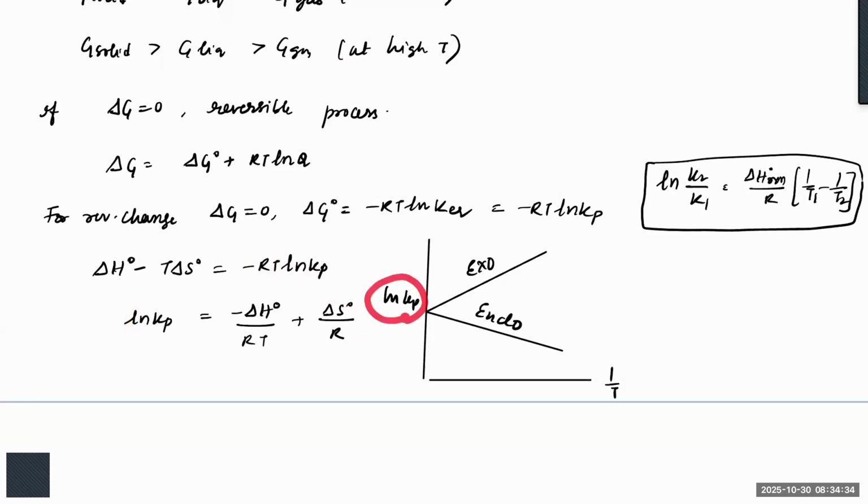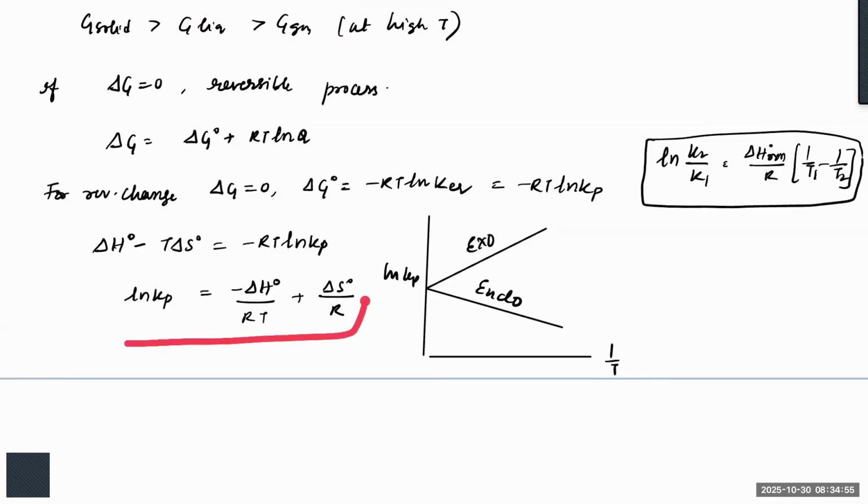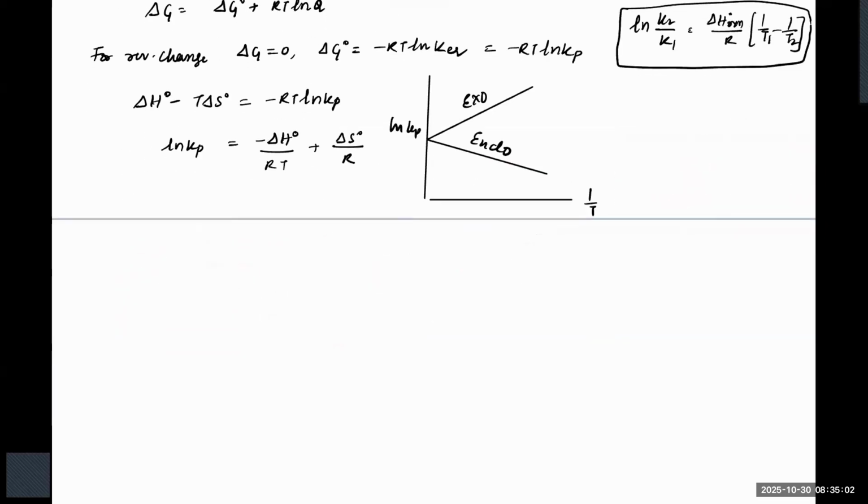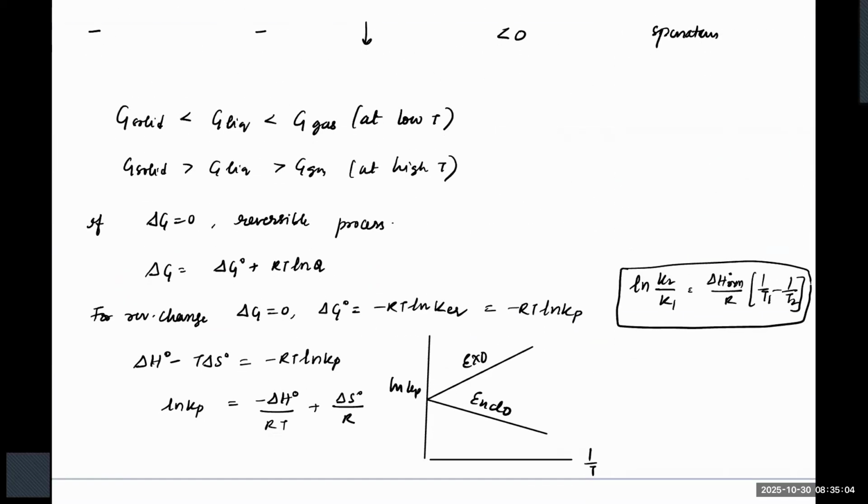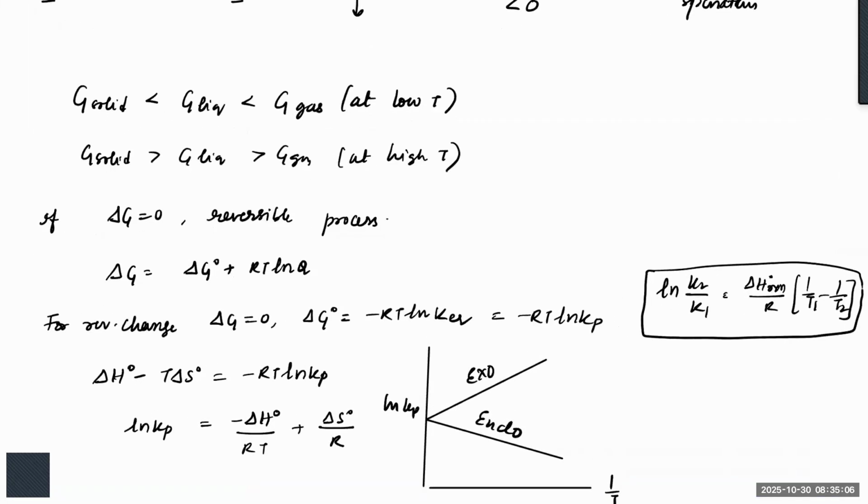ln Kp versus 1 by T can be written as an equation of a straight line. Positive slope if delta H is less than 0, negative slope if delta H is greater than 0. At two different temperatures, if I write this equation and subtract them, I will get Van 't Hoff's equation. So this is Van 't Hoff's equation. Clear, beta? Okay. Right. So this is